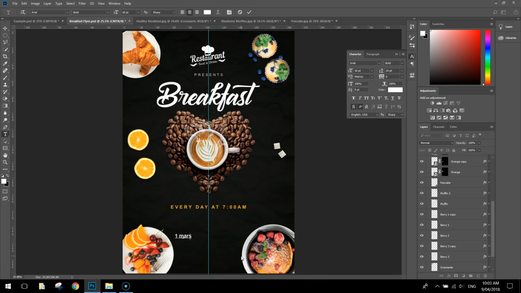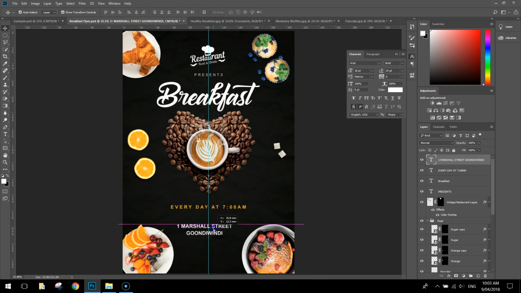Marshall, whoops, I'll do it in capitals. Number 1, Marshall Street, Goondiwindi. Okay, we'll move that up and center it about there. Might press the T tool or just grab the type tool again and just click back in that text. I'll press enter